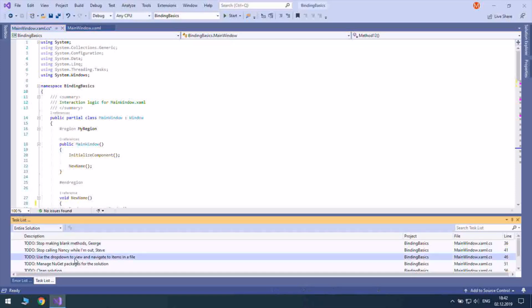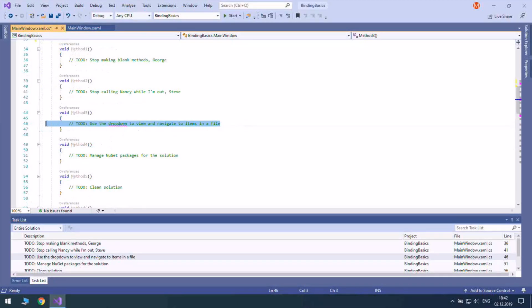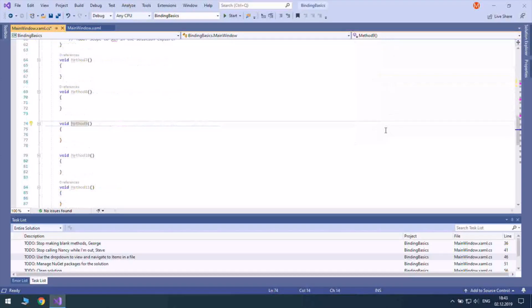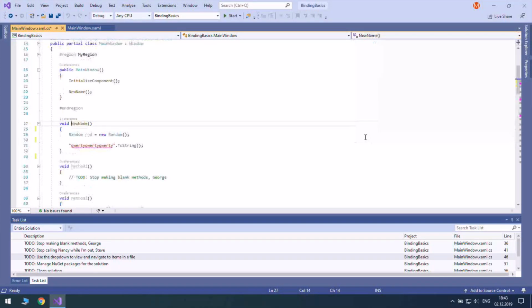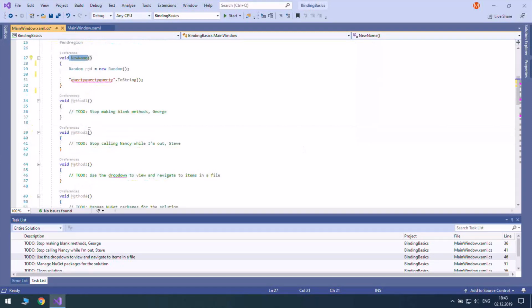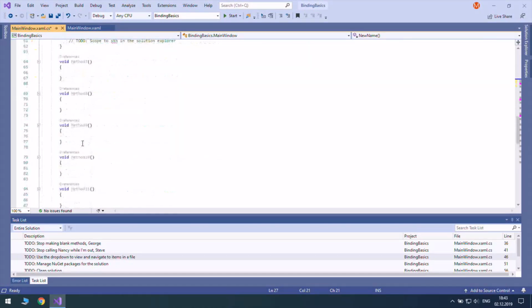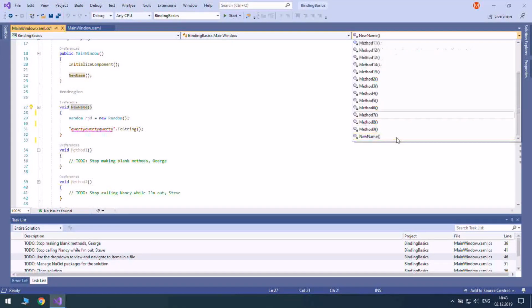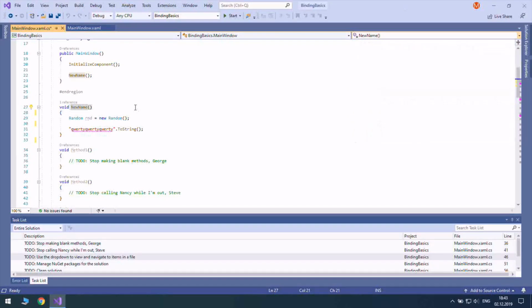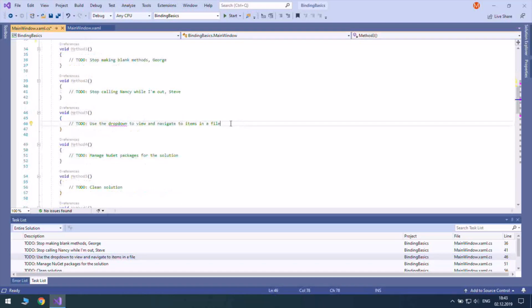So, okay, let's navigate to method, I don't know, 9. And as you see, we have all of them here sorted alphabetically, which makes it, I think, a little bit easier for us, because as you see, new name precedes any of those method 1, 2, and so on. But here it is sorted alphabetically, which gives you, I think, a quick way to access any of them. Alright, let's move on.